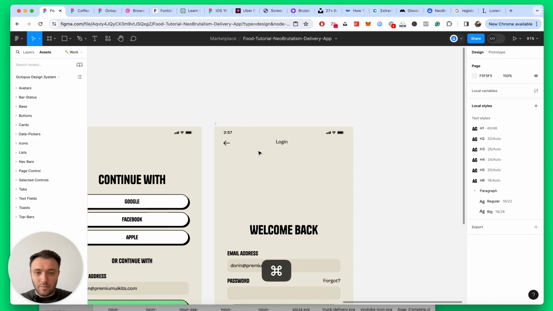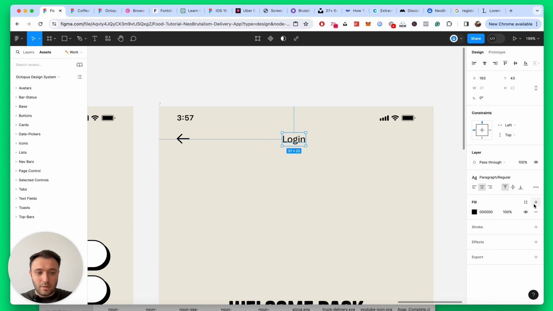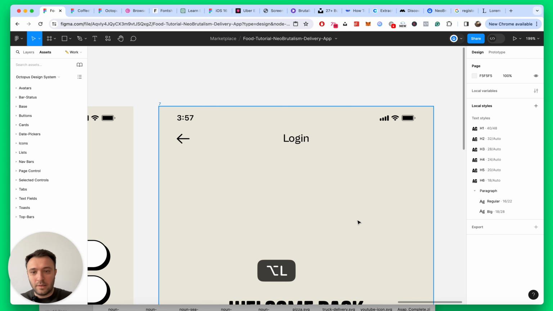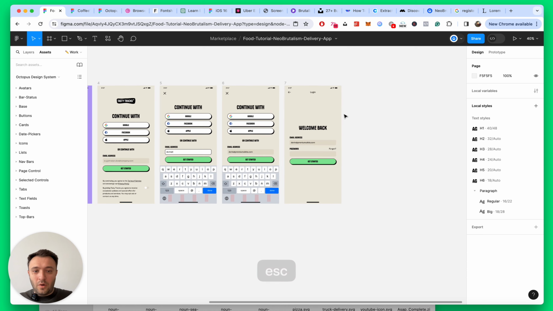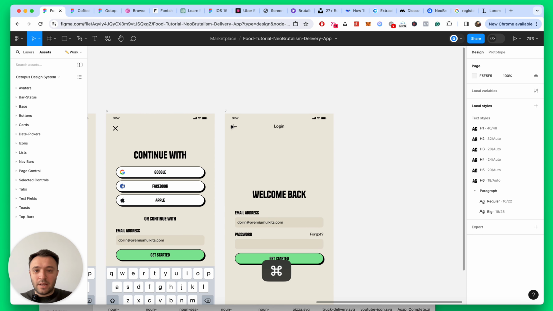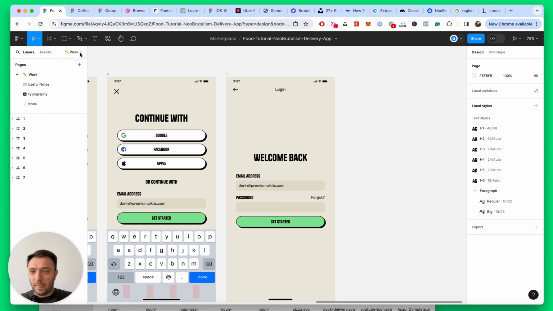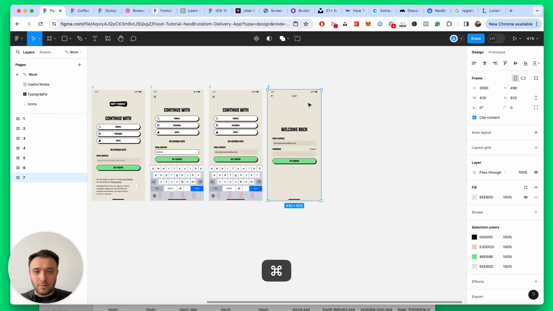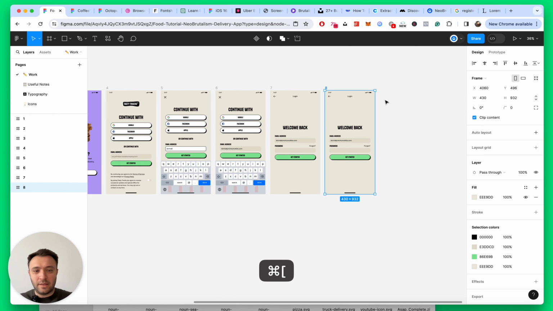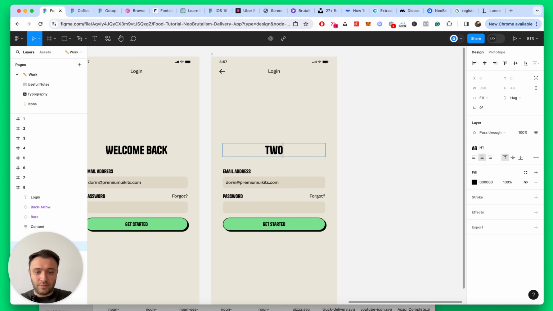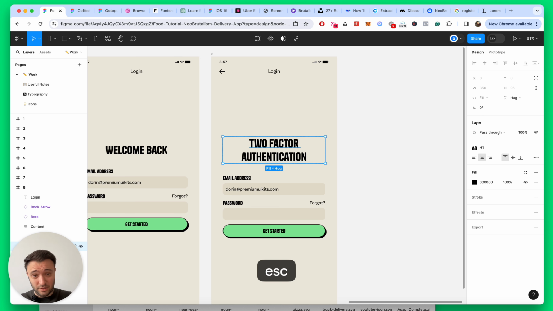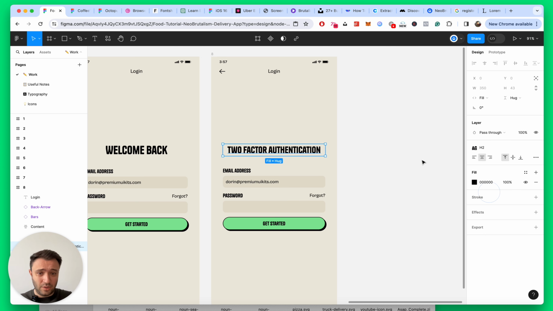Go here, just use something like paragraph. Okay, make sure it's bigger, so use big. Make sure this is aligned on the center. Okay guys, so this is get started. After that, duplicate something like two-factor authentication. Let's make sure this is an H2,